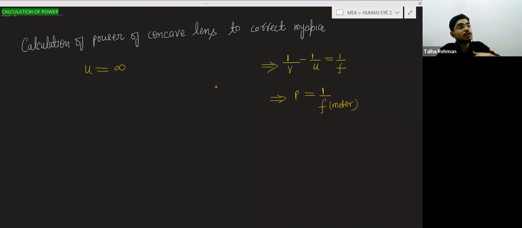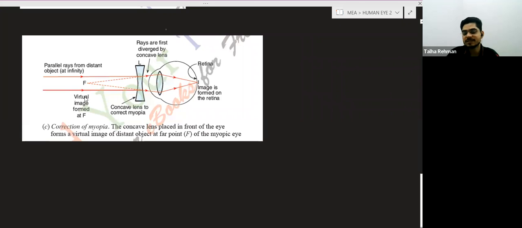Why are we taking the object distance as infinity? Because in actual the object is far from us. We want to see that far object. So the object distance will be infinity. Image distance: where does the image form? See here, this is the image distance. The image is formed at the